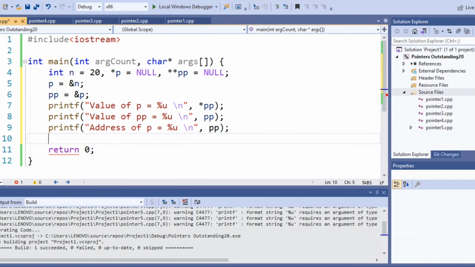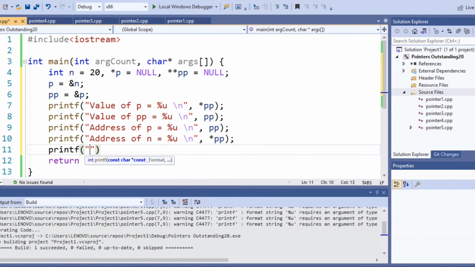The reason is pp is holding the address of p. Now printf, now I want the address of n. The address of n again is nothing but the value of p, which we can access saying star pp.